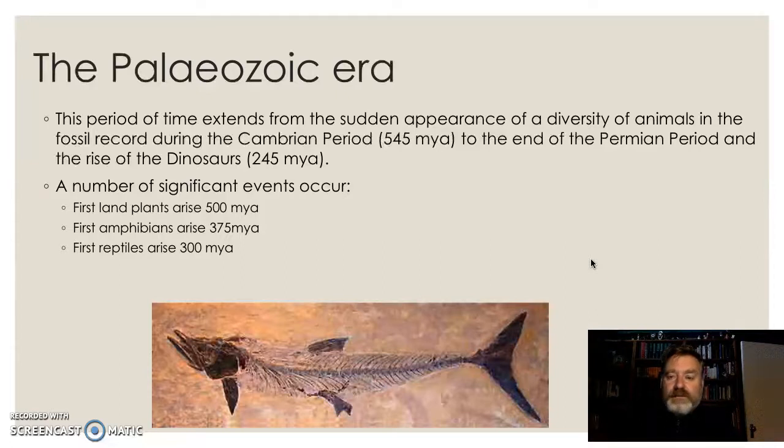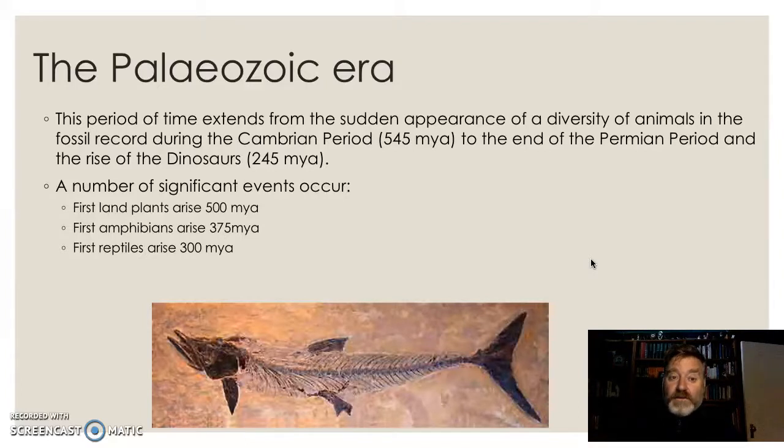The Paleozoic era comes after this, and we start to see some interesting stuff going on. So the first land plants arise. There's about 500 million years ago, we're getting land plants. They're not flowering, they're just conifers and ferns, that sort of stuff. Lots of mosses, massive mosses at that point in time. Liverworts, huge plants that are pretty simple.